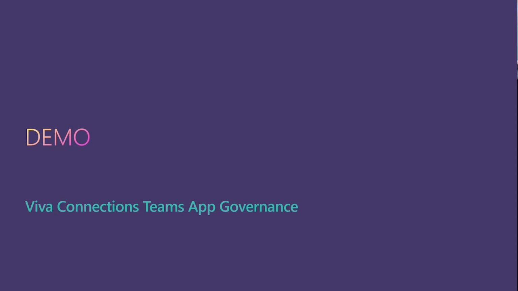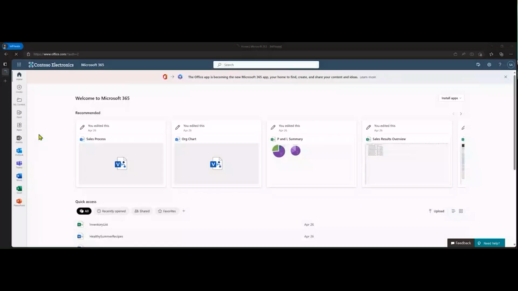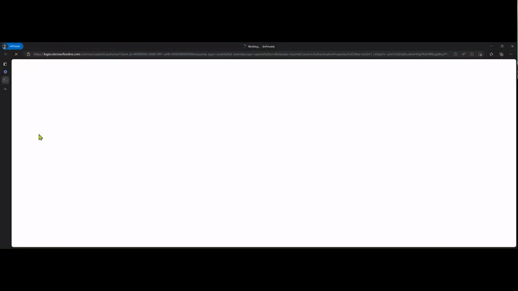All right, so let me share my screen. So PowerPointing is going away. All right. So let me bring up the Teams Admin Center. I'm doing the Viva Connections app configuration just to walk through what that looks like.